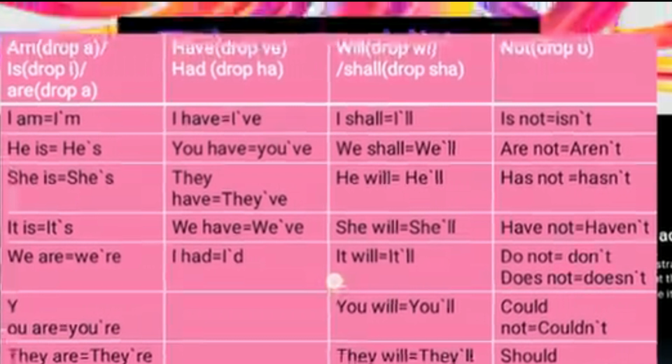Again, we have another one, have and had. In have, we have to drop ha, and it will become I've. I have, I've. You have will become you've. They have, they've. We have, we've. I had, I'd, is also used for I would. And next one, will and shall: in will we will drop wi, and in shall